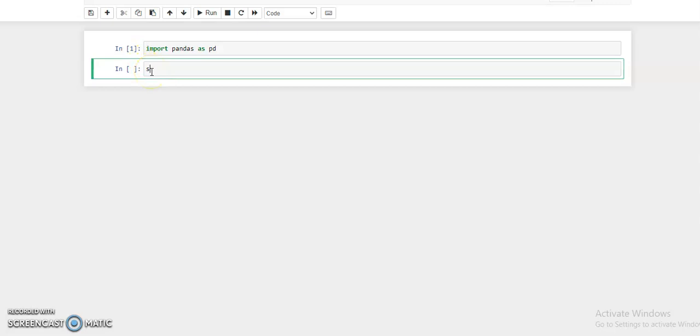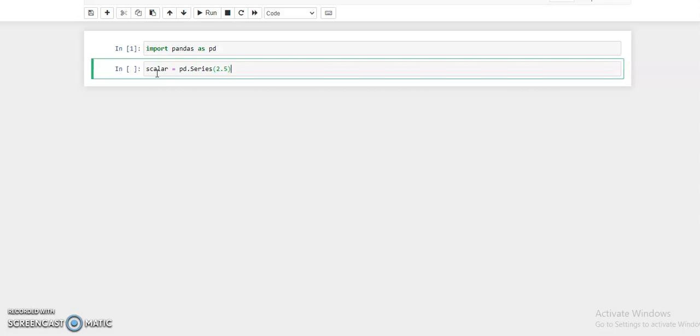Now create a series with the help of a scalar, where we pass a single scalar. Suppose the variable name is scalar, equal to pd dot series, and we pass here, suppose, 2.5.